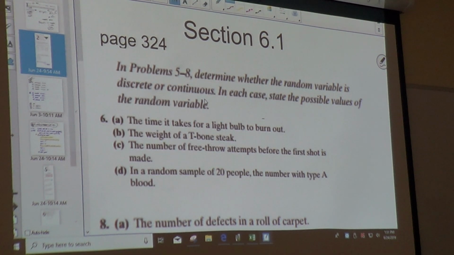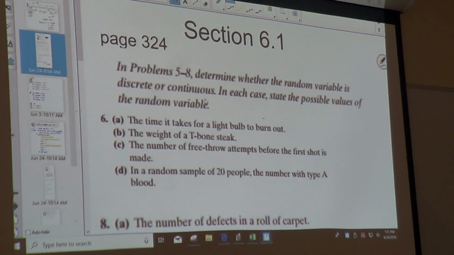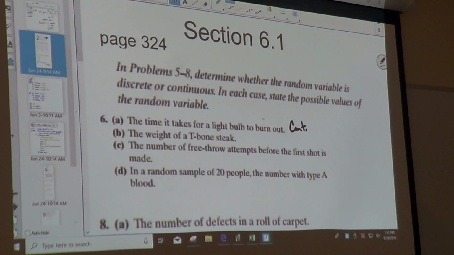Continuous, it can be infinite values. It can take 4 hours, 36 minutes, and 29.25 seconds. The weight of a T-bone steak. They say continuous because if you put it on a fancy scale, it could weigh 1 pound